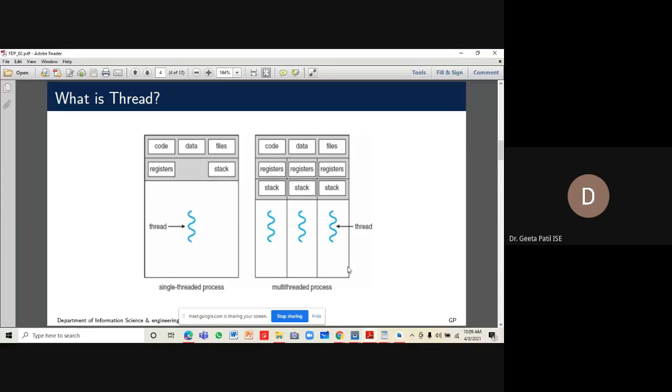So let us understand one thing. When you are executing any app, or for that matter with respect to a conventional operating system also, when you are launching any application, when I'm opening this Adobe Reader, a process is created. When you're writing some program, the program is a passive entity.